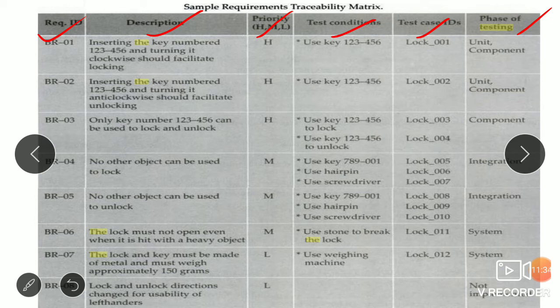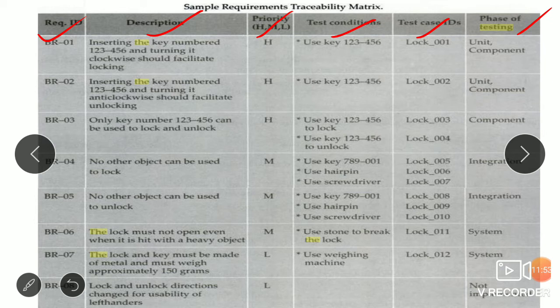Here, what is meant by test condition? The test condition column lists the different ways of testing the requirements, means it contains the conditions by which we can test the requirements.